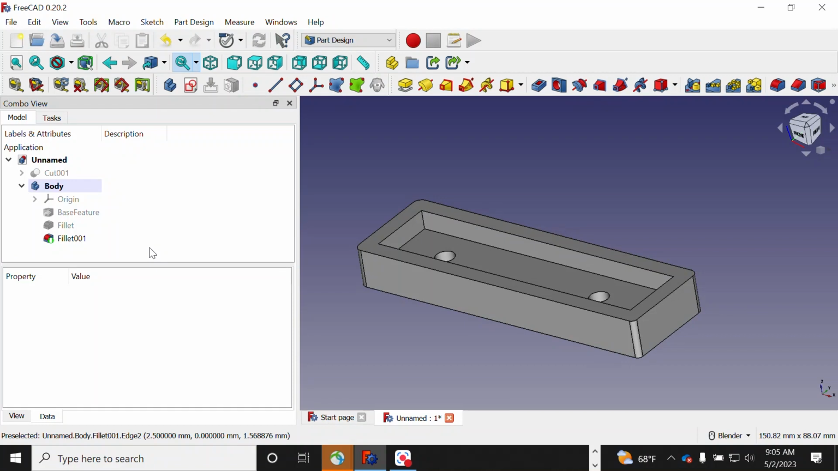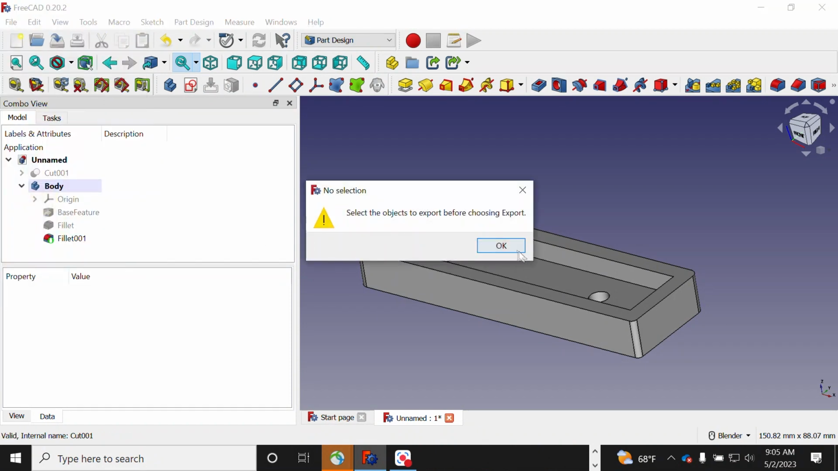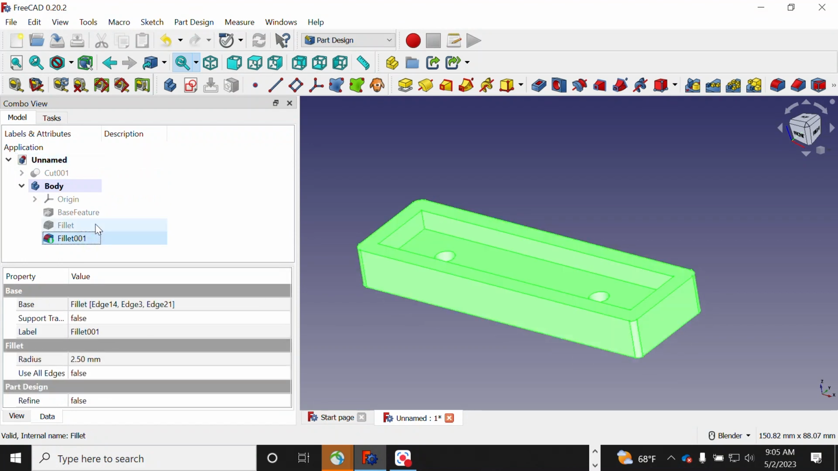Which is also called the body representation. Now you can save the part or you can export, and it's going to tell you what you want to export. So we want to export this whole body,